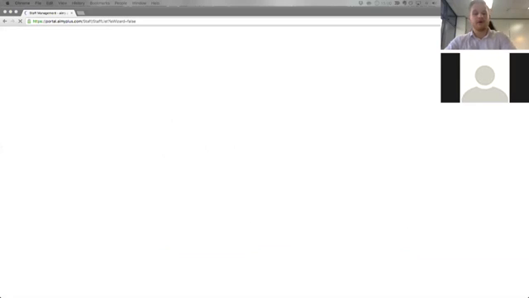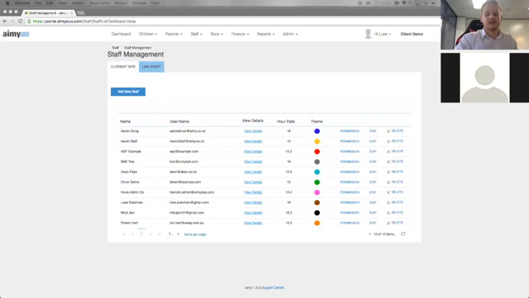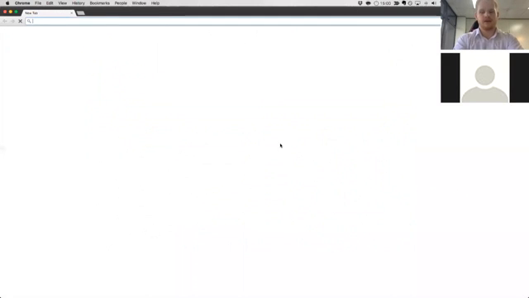All right, so that's the impersonate and the network search. The next feature that we'll display is unlocking parents or staff. This is a feature that isn't widely known in the system, but for security reasons, if a parent or a staff member tries to log into Aimy Plus and does it incorrectly too many times, we actually do lock them out of their profile, just to stop people from having an infinite number of guesses to guess a password. So if I open up a new tab here,